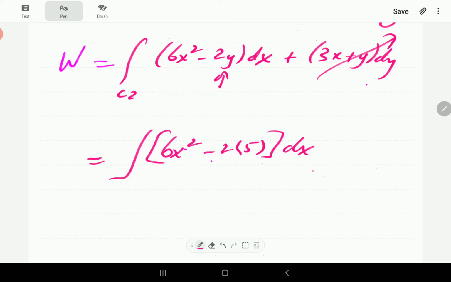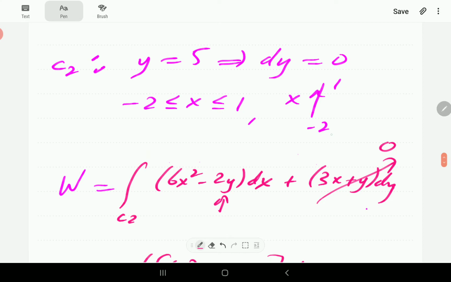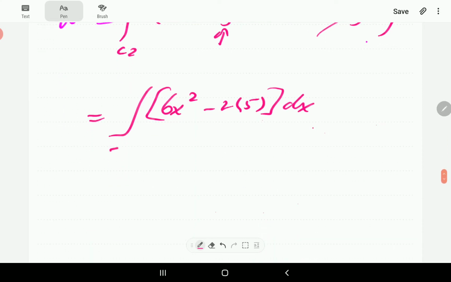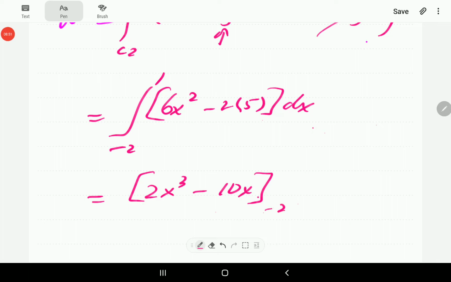dx. This integral depends on x only now, so for the limits, we just need the limits of x, which is -2 to 1. So I'm going to plug in -2 to 1 here, and then integrate. Integral of 6x squared is going to be 2x cubed. Integral of 10 is going to be -10x. So this thing from -2 to 1,